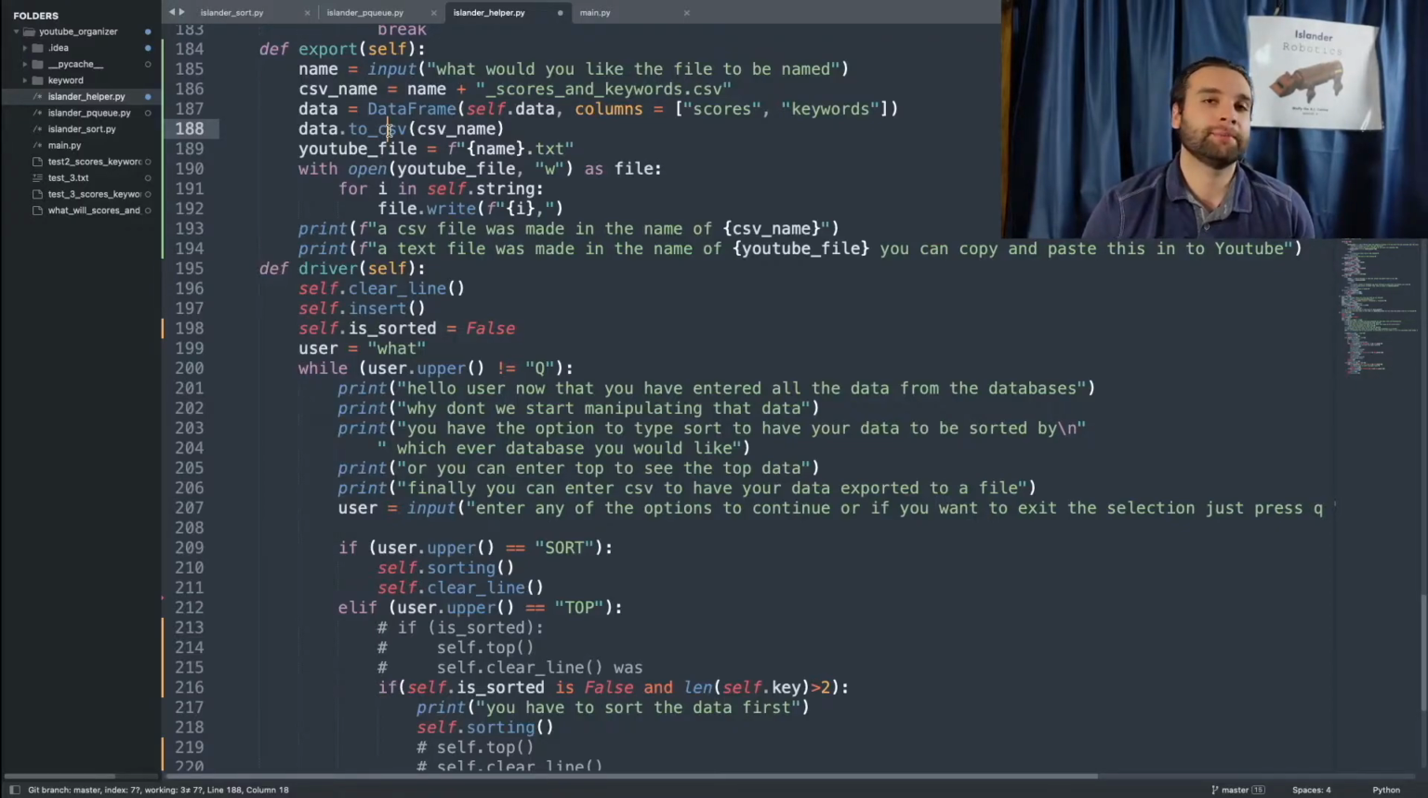So that's why I find the Pandas data frame to be the simplest, because it's literally data.to_csv and then pass in your file name. All right, so now that the CSV file is out of the way, the next thing we're going to be